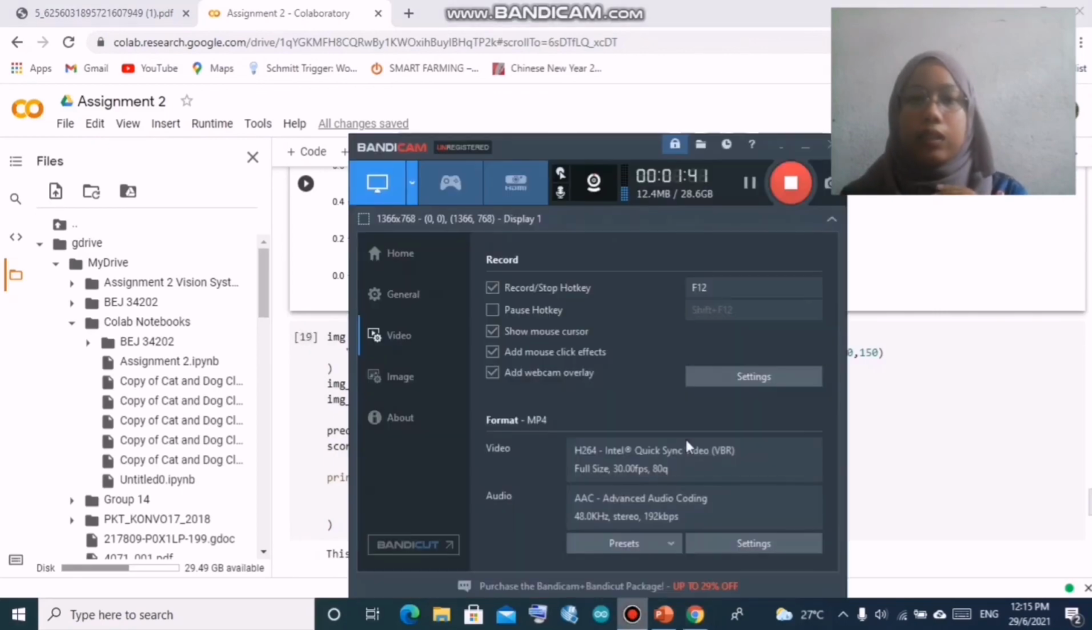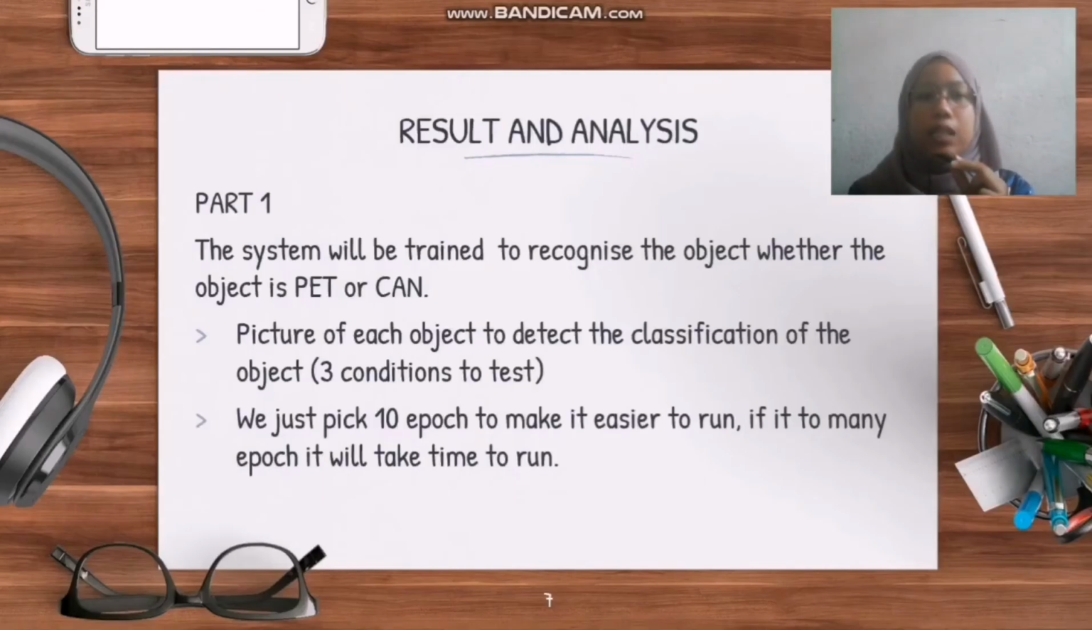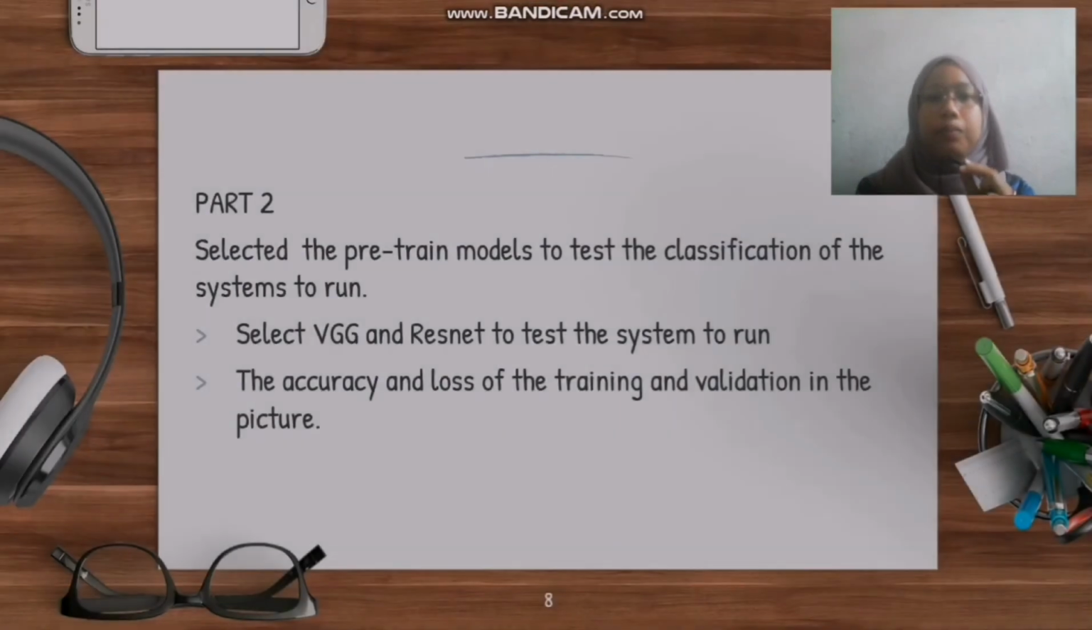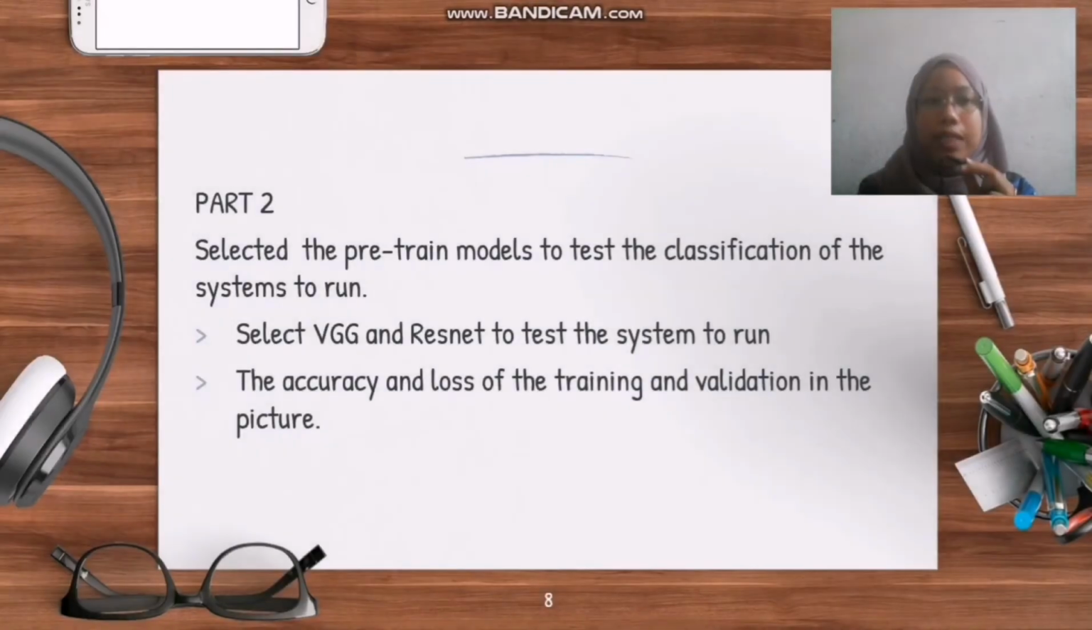Thank you. Analysis for part 1: the system is planned to recognize the object, whether the object is pet or can. The picture of the object is used to detect the classification of the object with 3 conditions to test. We just picked 10 epochs to make it easier to run. If there are too many epochs, it will take time to run. For part 2, we selected the preferred models to test the classification of the system. We select VGG and ResNet to test the system, and the accuracy and loss of the training validation are in